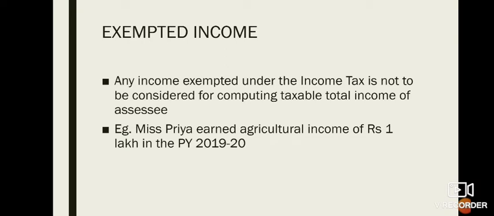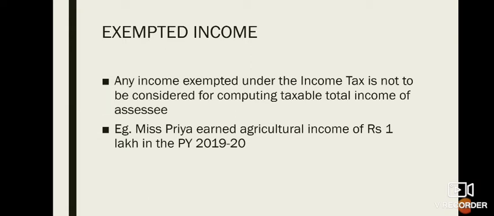Coming to the third classification of income, that is exempted income. Any income which is exempted under the income tax is not to be considered for computing the taxable total income of the assessee. The incomes which are exempted, for example, agriculture income, are exempted from tax. Exempted in the sense that on that particular part of income, the assessee need not pay any tax. That is known as exempted income. So if there is any exempted income, then it is not to be taken into consideration while computing total taxable